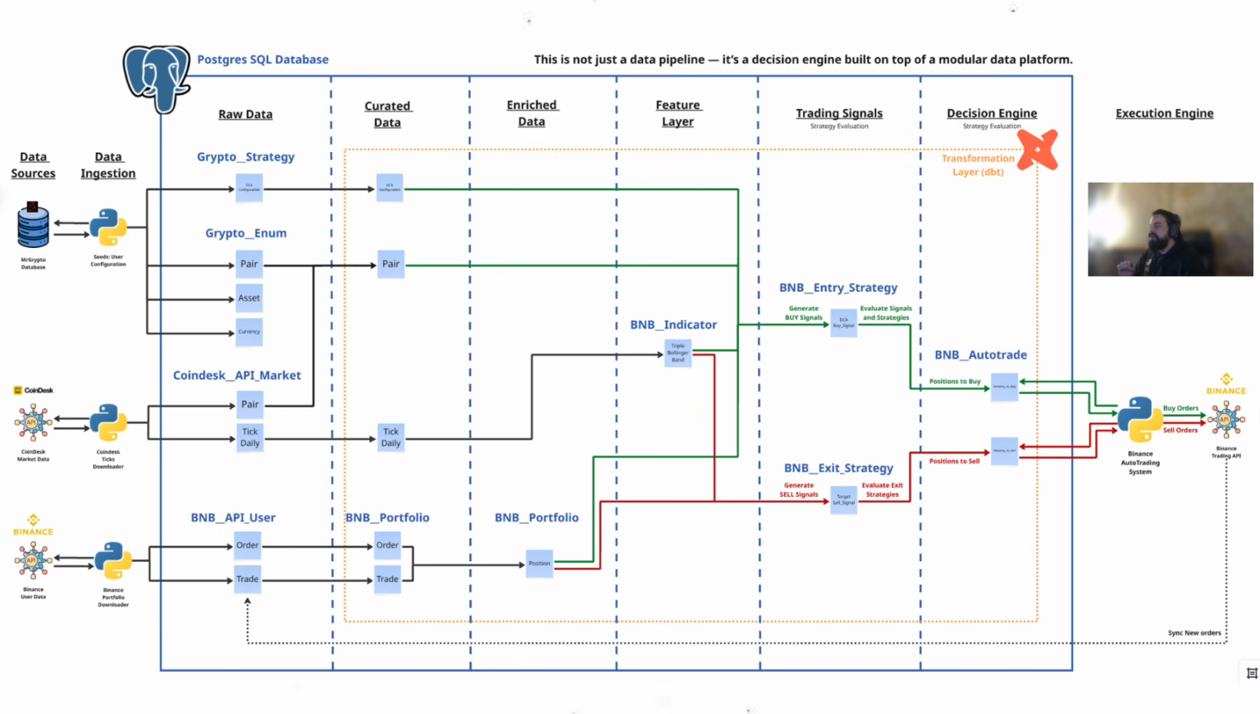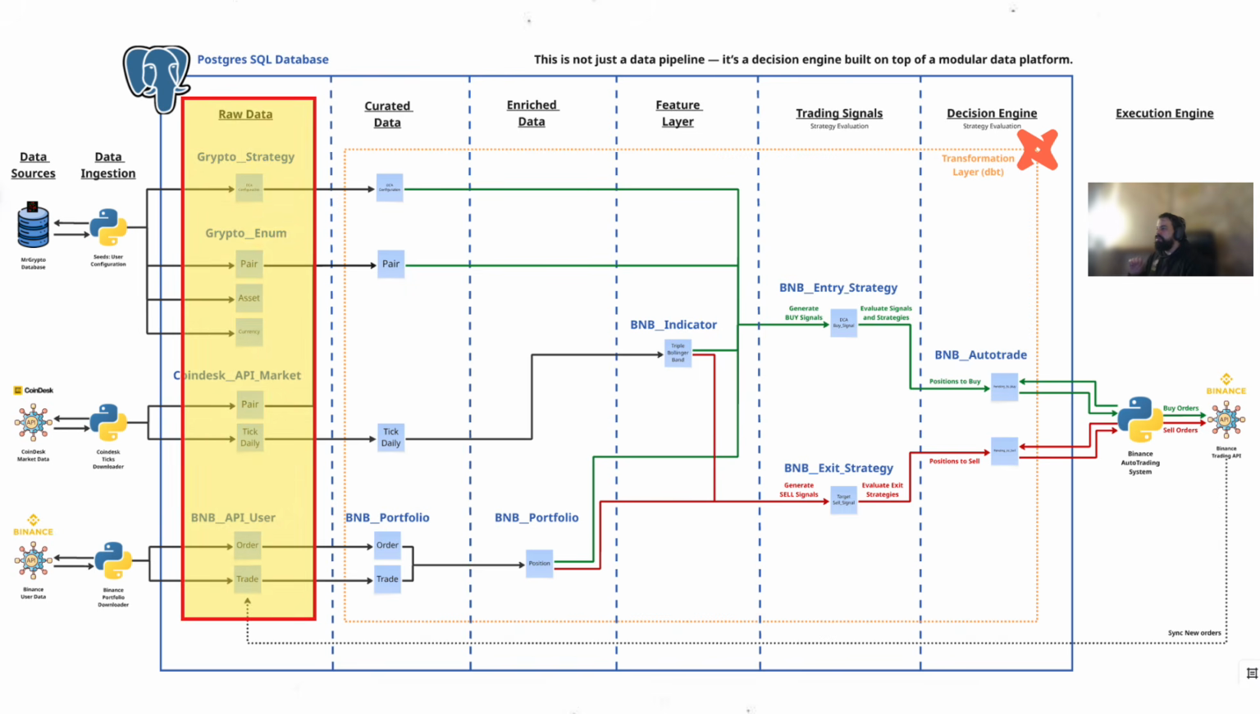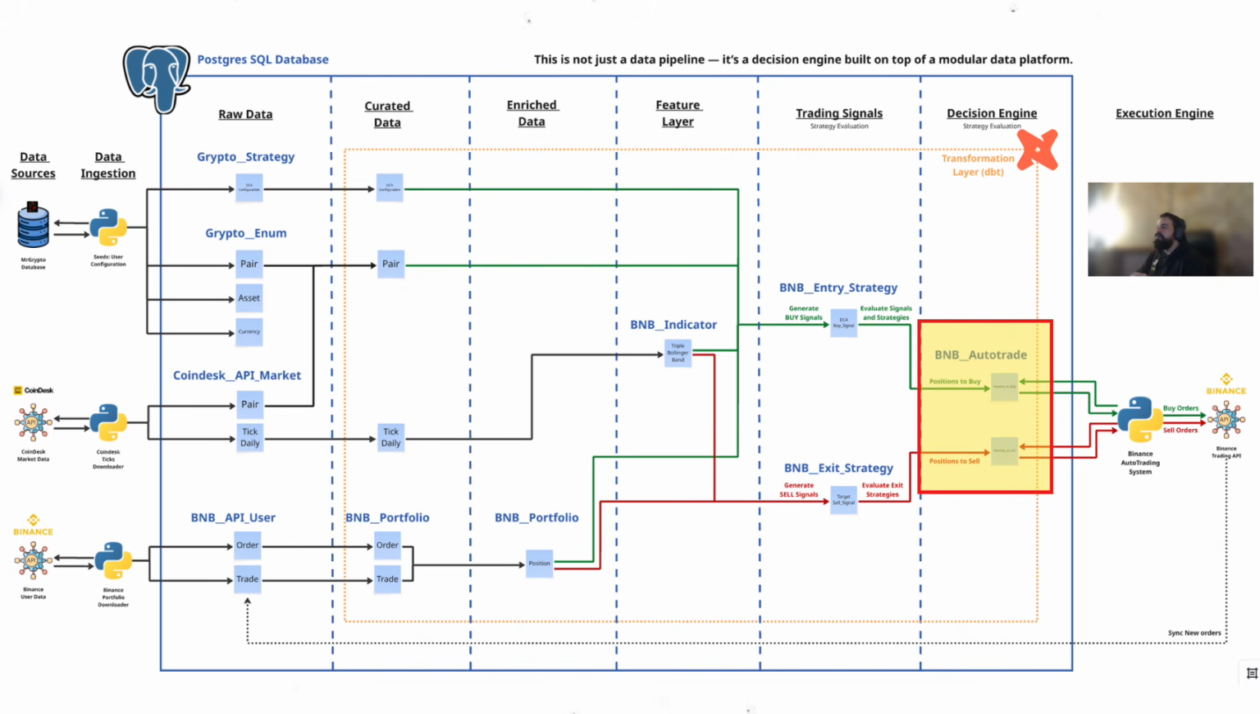Before writing any code or defining any trading strategy, the most important step is designing the architecture of the system. A trading robot is not just a script that buys and sells assets. In reality, it behaves much more like a complete data platform where information flows through multiple layers before a decision is made. The goal of this architecture is to transform raw market data into automated trading decisions in a reliable,